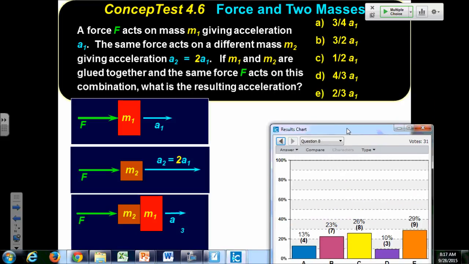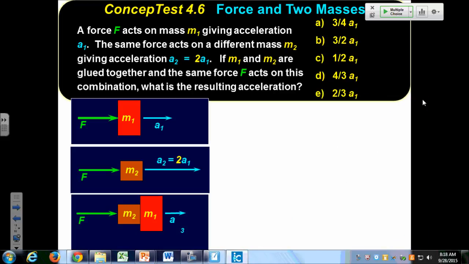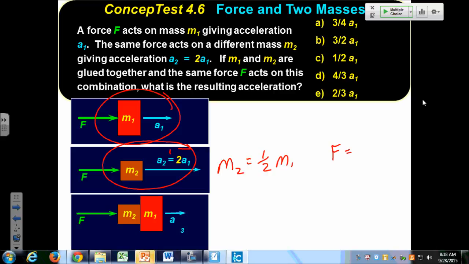All right, let's see. E is the right answer. Here you just want to ask yourself, what are the masses? In the first one, I have a mass. If I apply a force to it, I get an acceleration a1. If I apply it to a smaller mass, I get twice the acceleration. So I know that m2 is half the mass of m1 because I get twice the acceleration. If I have F equals ma, if I get twice the acceleration, that means I have half the mass